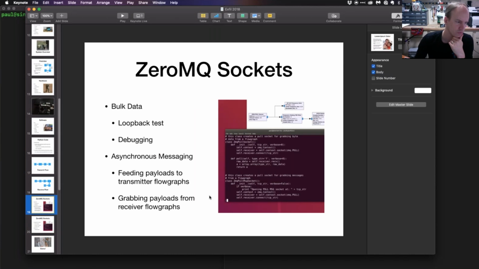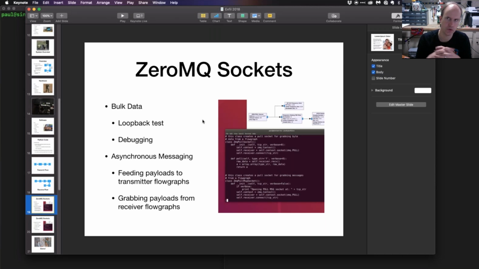One of the really helpful things that I used to build this system is the ZeroMQ framework. If you've played around with GNU Radio, you might have seen the ZMQ or ZeroMQ blocks in the catalog. They are a really underappreciated tool inside of GNU Radio, and they're not just a GNU Radio thing. They are something that GNU Radio adopted that you can use completely outside of GNU Radio applications if you like. They're really just a pipe for getting data from one application to another, is how I think of it.